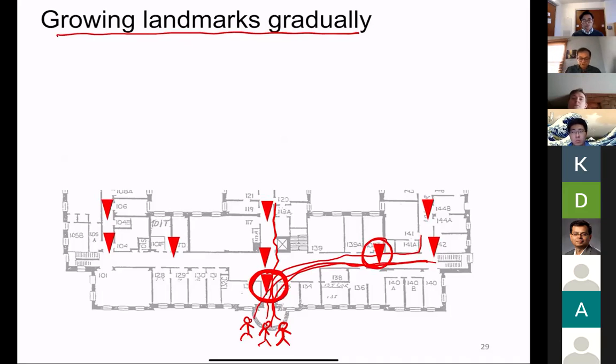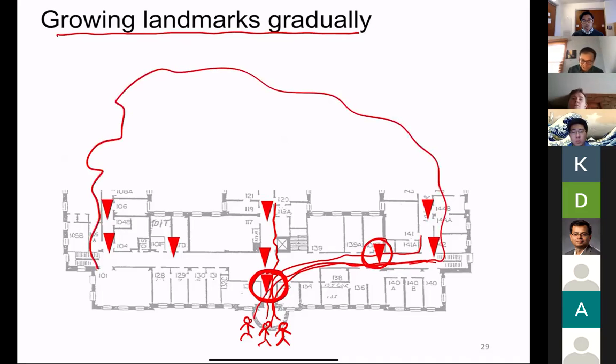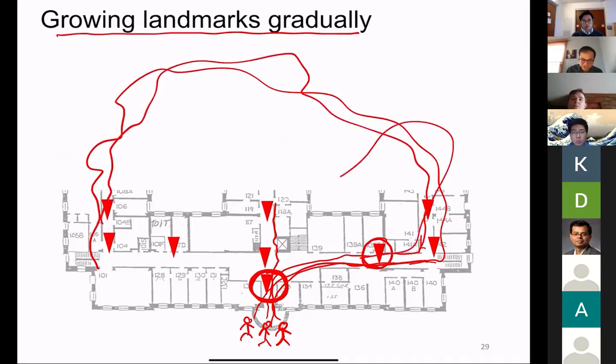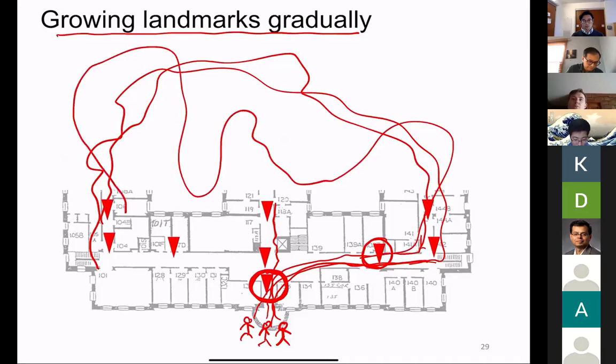Right? If these people have walked around and then in the shopping mall they've come over here, many of those people have walked different paths and have come over here. And now if you estimate this landmark first, there's a problem. Why? Suppose this is the first landmark you estimate, where people have started over here and they've walked a very long path.